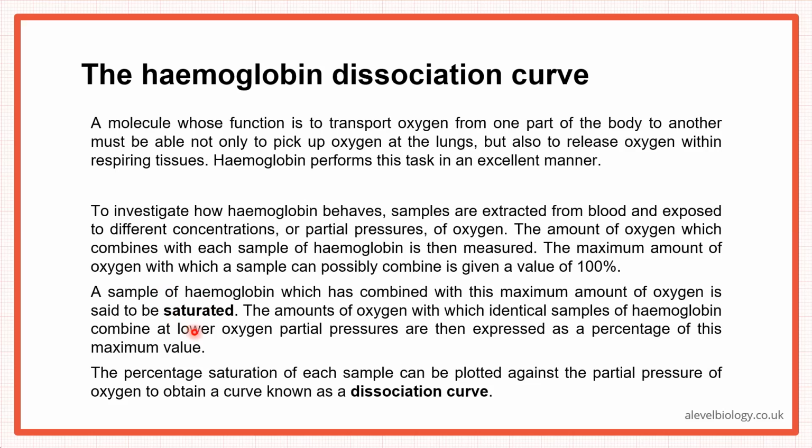So you have this highest saturated value, okay? And then you have these identical samples of hemoglobin. But now you have different samples of oxygen. You have different concentrations of partial pressure of oxygen, because now you do not have the sample that contains 100% oxygen. So you take different samples of different concentrations of oxygen, and you will have the same identical samples of hemoglobin, but you will expose them to different concentrations of oxygen, and then you will tally it